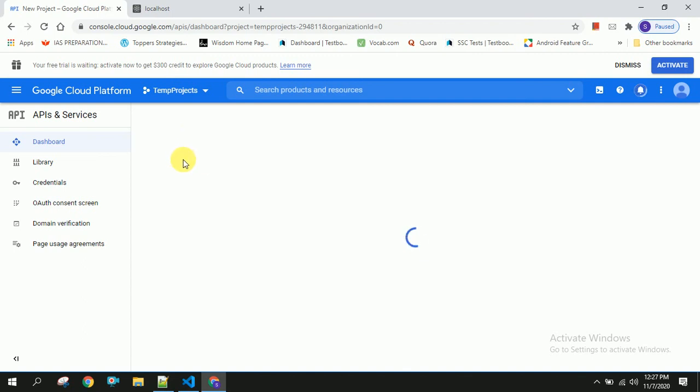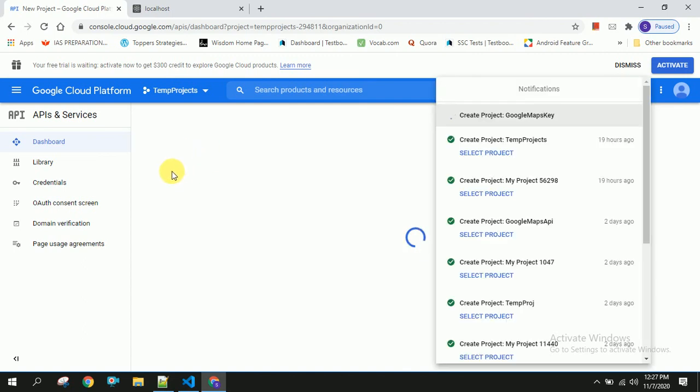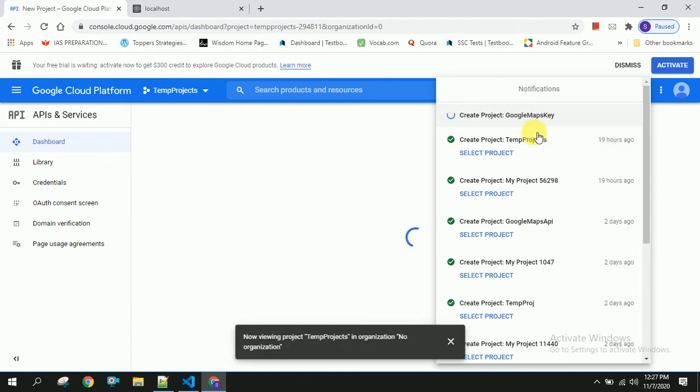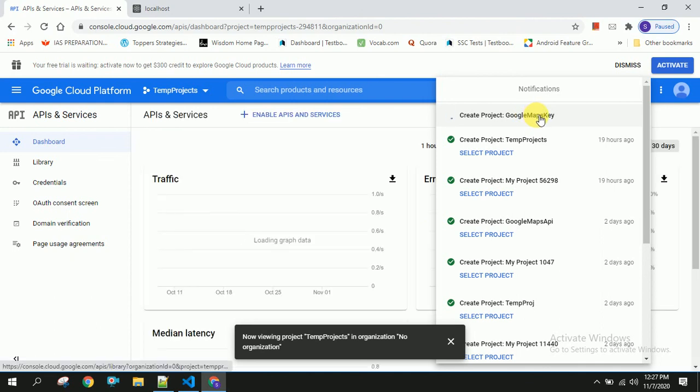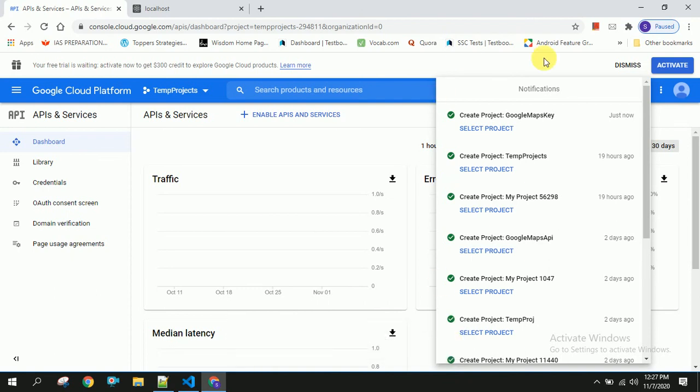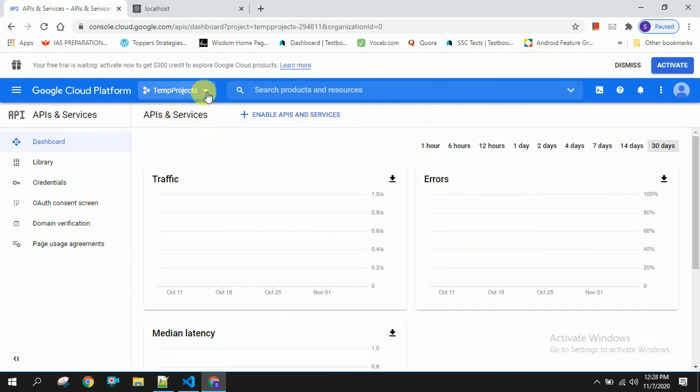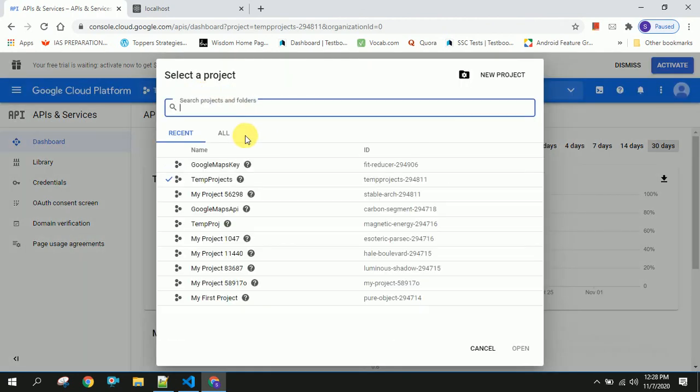Once you have created it, you will be navigated to this page, and if the project is created successfully, you will get the notification here. So our project got created successfully. Now we have to go to projects and select the project that we have created.